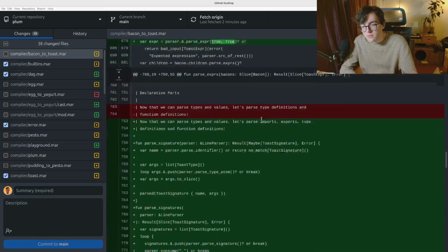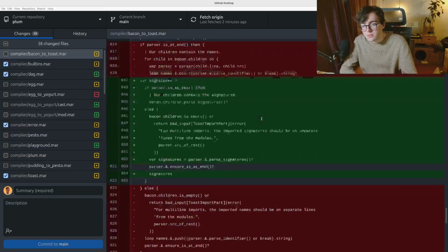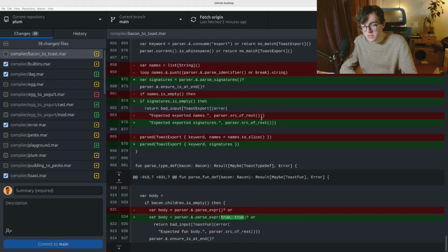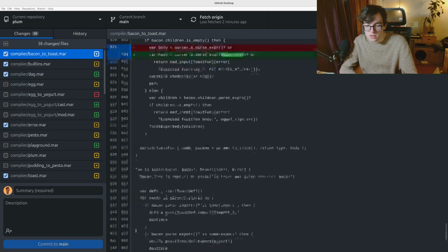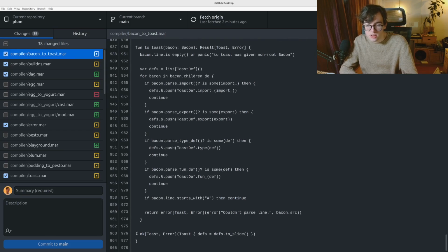What's going on here? Oh yeah, it probably makes sense long term to split the parsing up into multiple files as well. This is also over 1,000 lines long, I believe. Oh, not really. Okay. Yeah, but still,